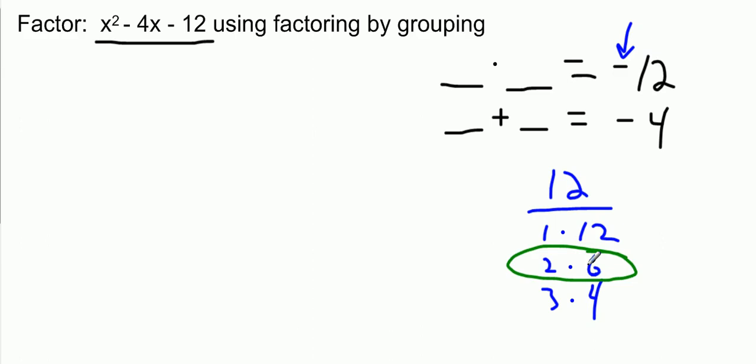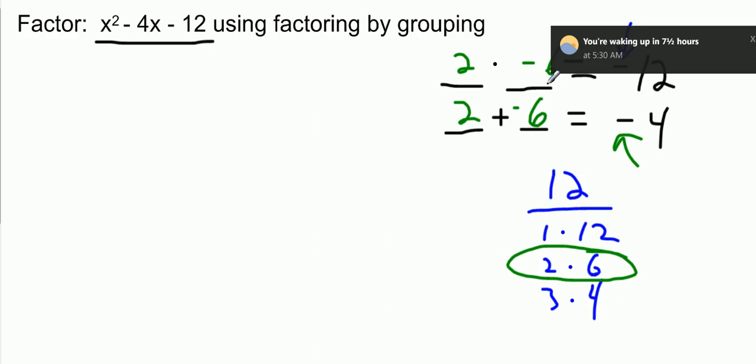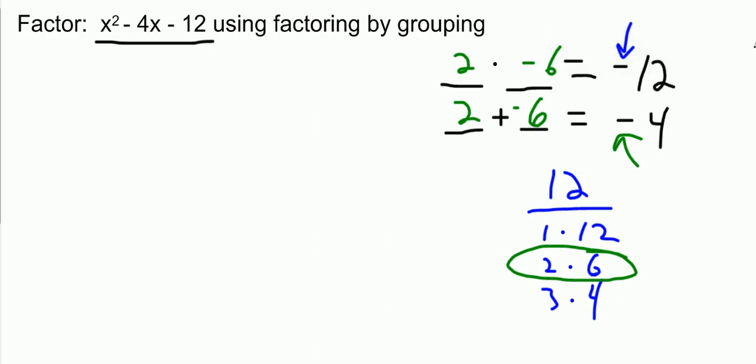So we're going to use the 2 and the 6. So I'll put a 2 and a 6 here. Right? But 2 plus 6 is 8. Obviously, I have to make one of these negative. The negative over here is going to cause the 6 to be negative. So I'll do 2 and a negative 6. Double check that these both work, and then you should be good to go. Again, you could just jump straight to the answer, x plus 2, x minus 6,